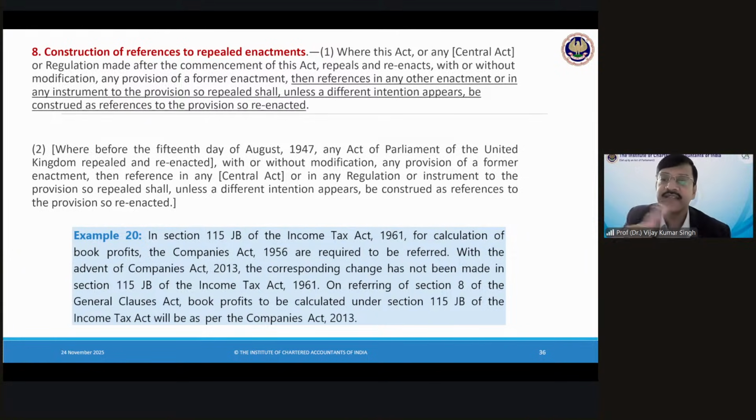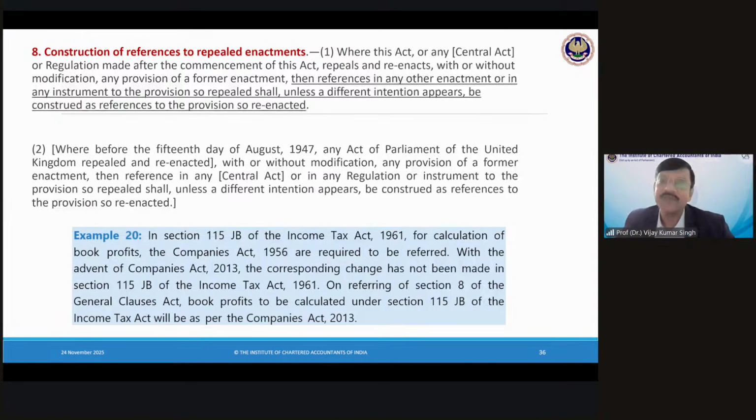If you would recollect, in our definitions, somewhere we refer to the Indian Penal Code. You remember which clause talked about the Indian Penal Code? In one of the definitions we discussed, there was a reference to the Indian Penal Code. Now you all know the Indian Penal Code is repealed. In place of the Indian Penal Code, we have the Bharatiya Nyaya Sanhita. So now wherever you find references to the Indian Penal Code, it will be automatically substituted by the Bharatiya Nyaya